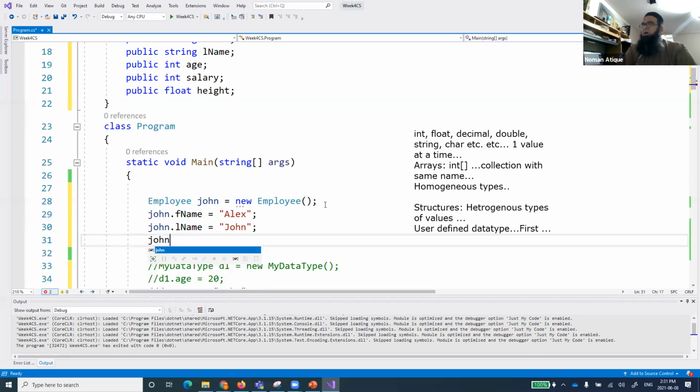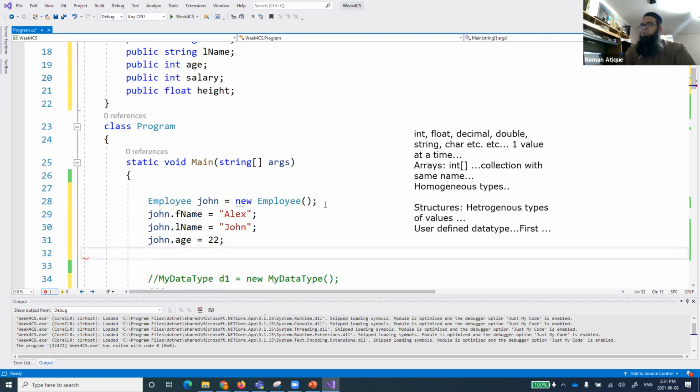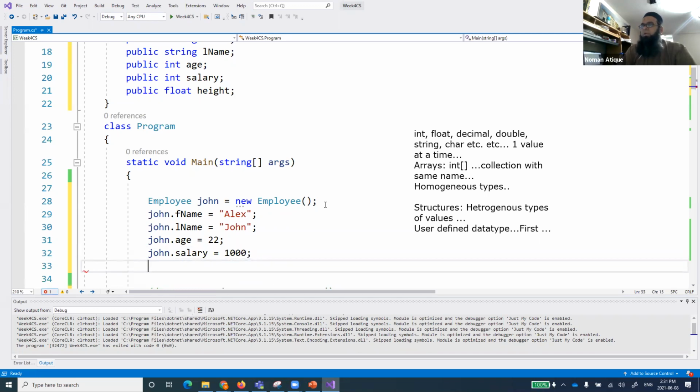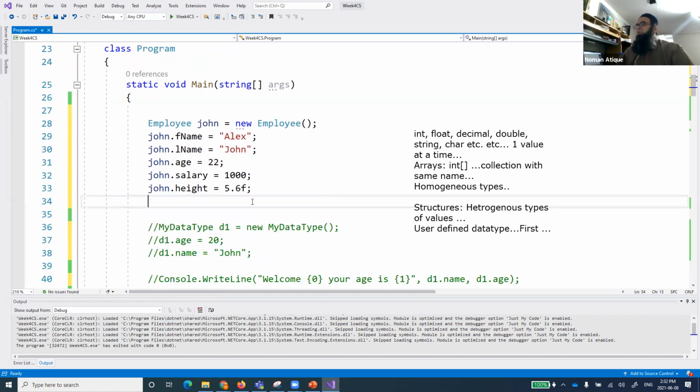And then john.age equal to 22, john.salary equal to something, and john.height equal to 5.6f, since it's a float, so we define it that way.